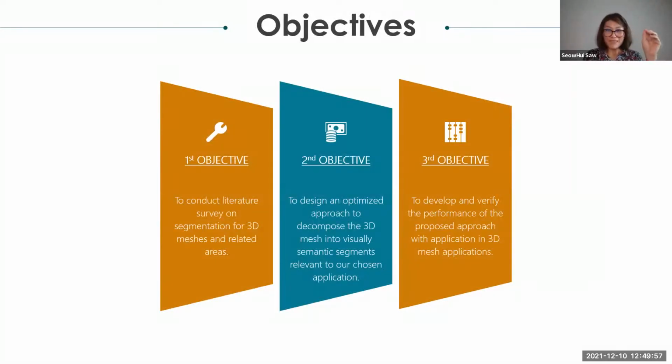Now, the first objective of my PhD is to conduct a literature survey, which I have done a lot on segmentation for 3D meshes and also skeletonization. The second objective is to design an optimized approach to decompose the 3D mesh into visually segmented segments relevant to our chosen application. And the last objective is to develop and verify the performance of the proposed approach with the application in 3D